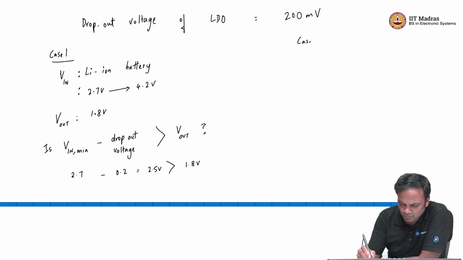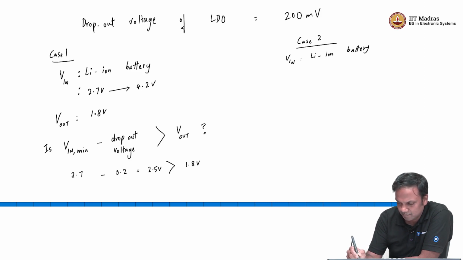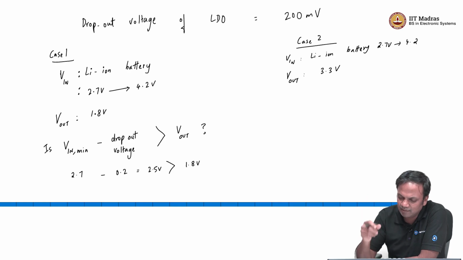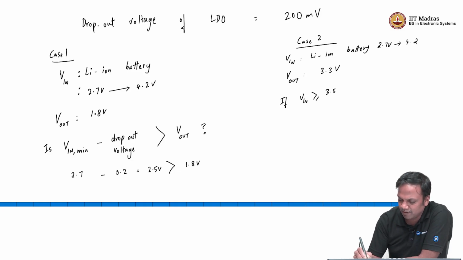Now, let us say I have case 2 where V in is still the same, it is a lithium ion battery, goes from 2.7 volt to 4.2 volt. My desired V out is 3.3 volt. Let us say this is my use case, right. Now, what will happen? If V in is greater than or equal to 3.5 volt, then V in minus dropout will be greater than or equal to 3.3 volt,